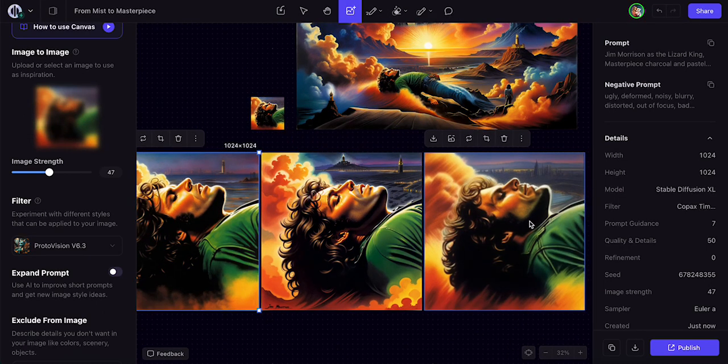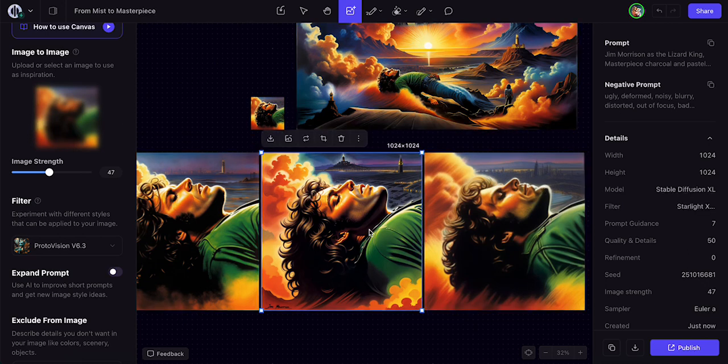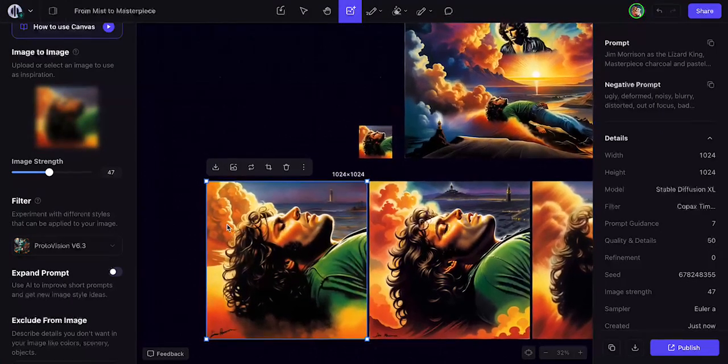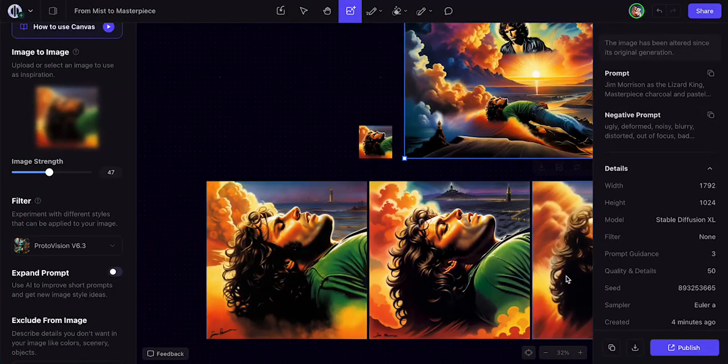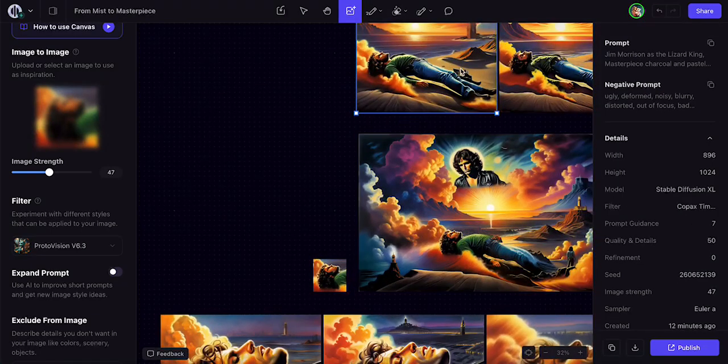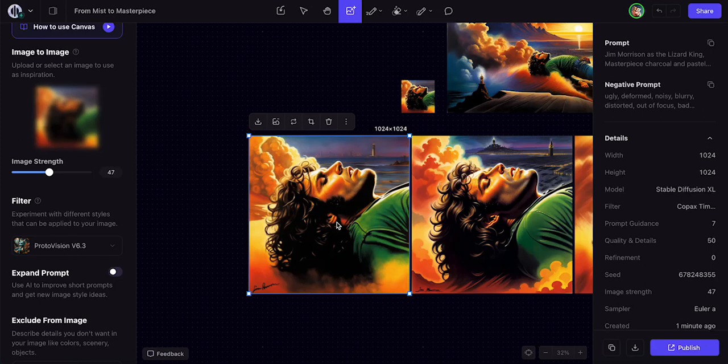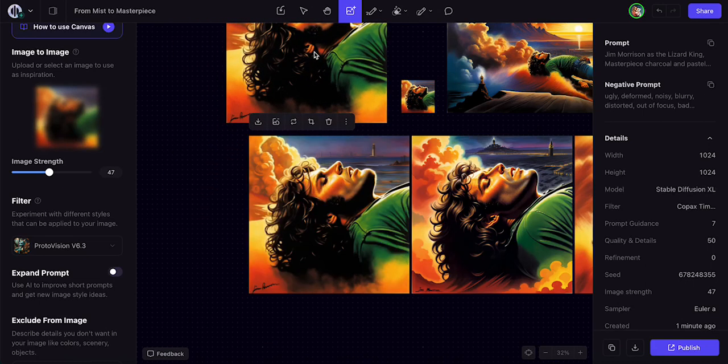This one to me is too soft. There's too few details that when we downscale it to this size, it's just gonna be mud. This one might be preferable for that reason, but it's actually kind of too sharp in some ways. So I'm gonna go with the Copax one, which I think is on. Is that what we were using before? Yeah, we were doing Copax before, so that'll be fairly consistent with what we've been doing in terms of its